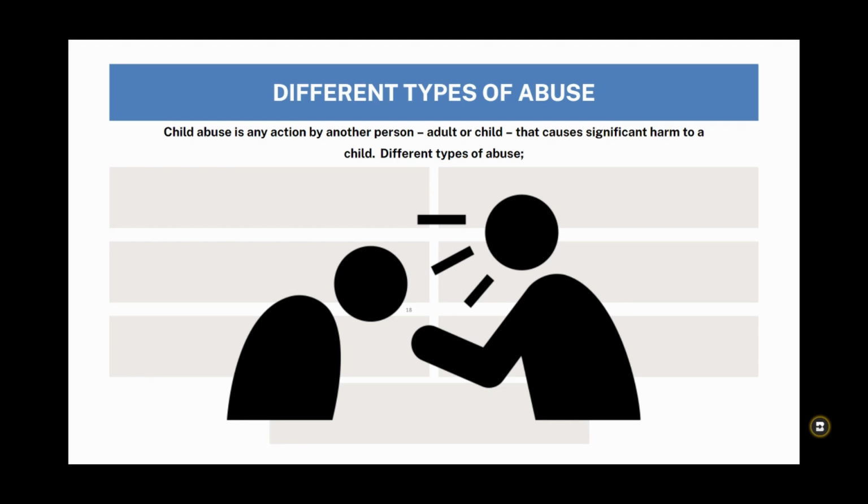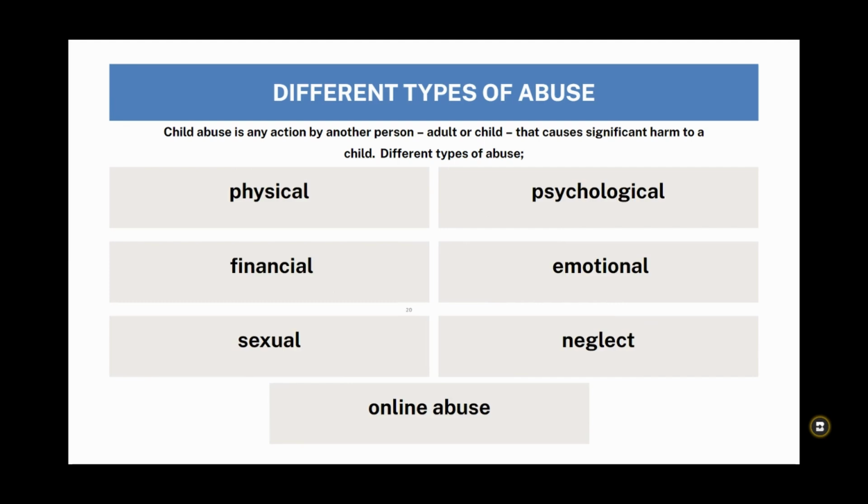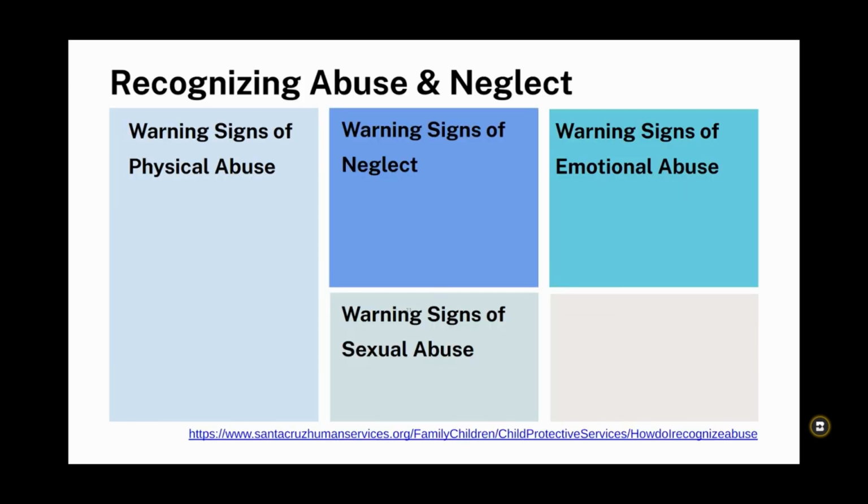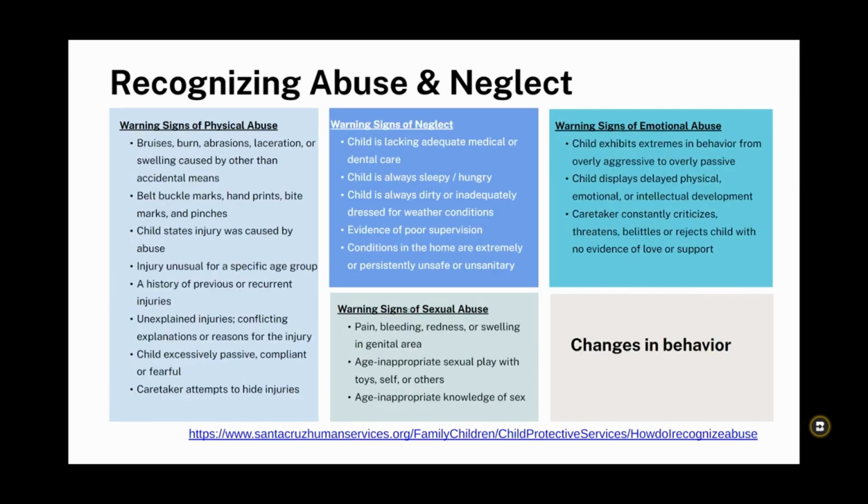Now, there are different types of abuse, and it's important that we understand these different types of abuse so that we can then spot the signs and then take action. Here we have seven: physical, financial, sexual, psychological, emotional, neglect, and online abuse. Being aware of different types of abuse is important. So, what are signs that this might be happening to a vulnerable child? Well, you can see in the details here: physical abuse, bruises, burns, abrasions, injuries,